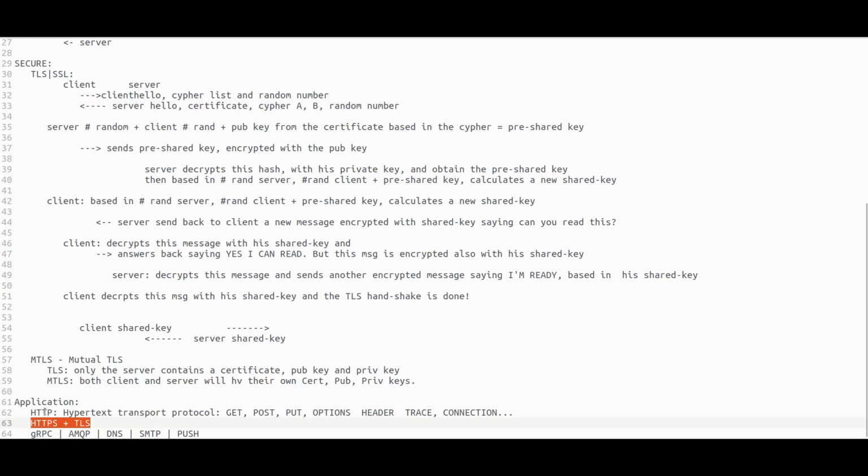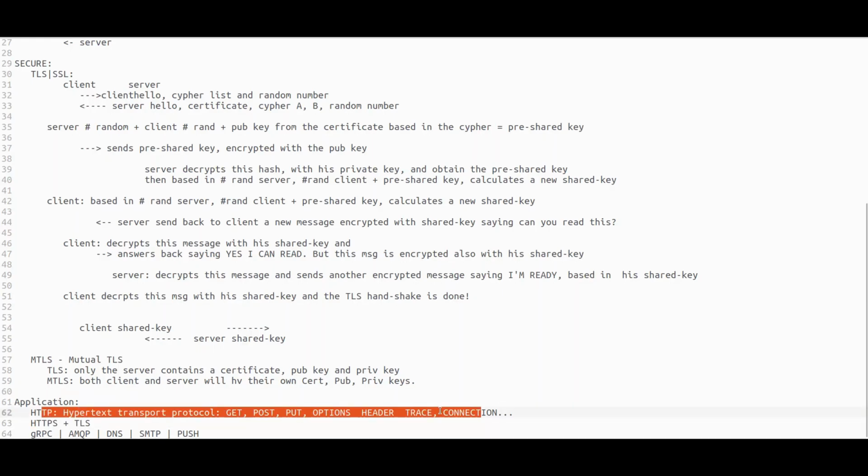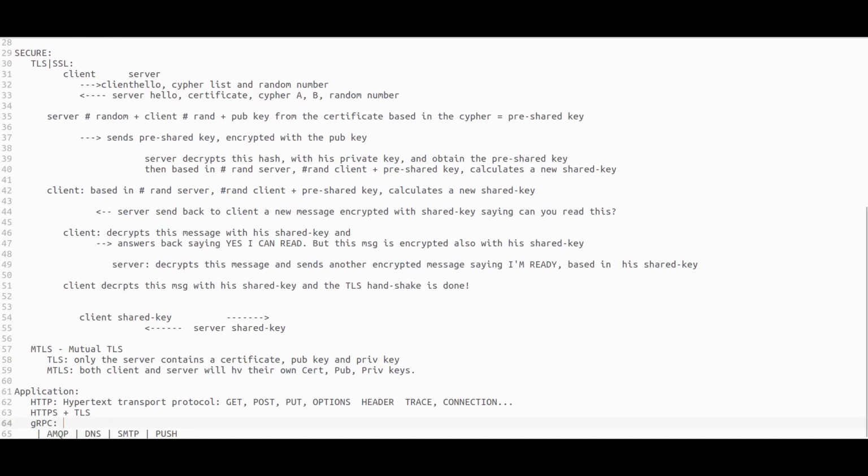HTTPS, the difference between both is that with HTTP this information is not encrypted when it's sent through the network. If you have TLS, basically each side of the endpoints will encrypt the message and then decrypt it from the other side. Okay, then we have the gRPC protocol, where basically this is a remote